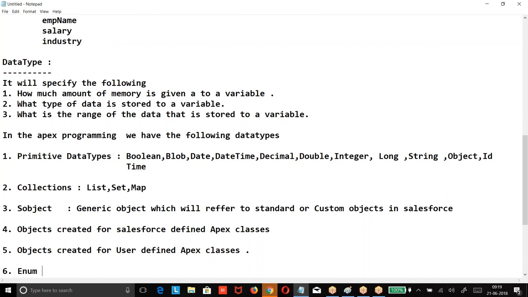These are the different types of data types: primitive data types, collections, sObjects, objects created for Salesforce defined Apex classes, and objects created for user defined Apex classes.